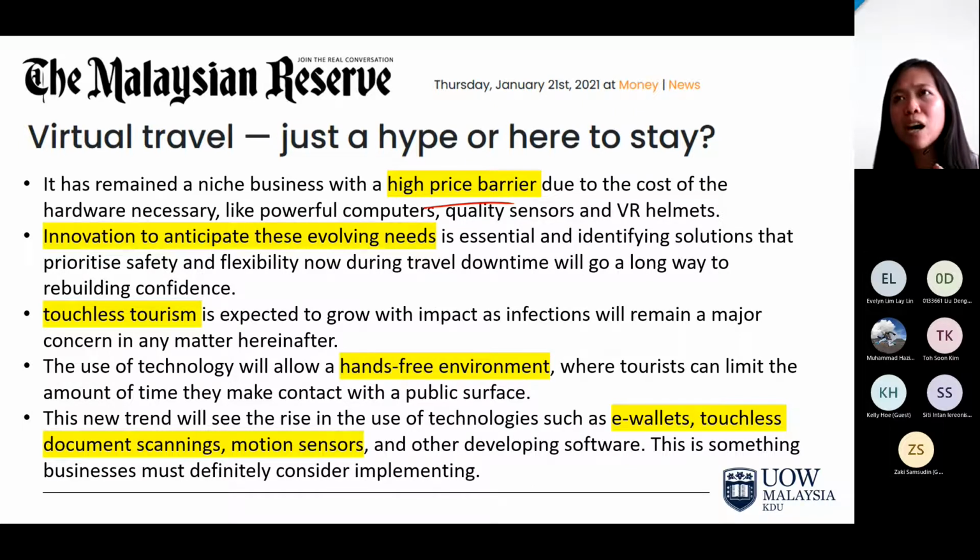All right, so we need assistance from different parties, different stakeholders in order to make it possible. And also with the trend of touchless tourism, hands-free environment, virtual travel could be a trend as you see people are getting used to making transactions online, and touchless document scanning, the motion sensors, and virtual classrooms